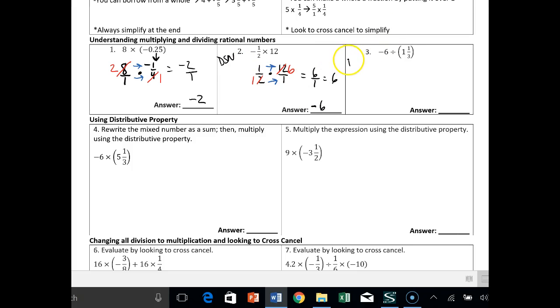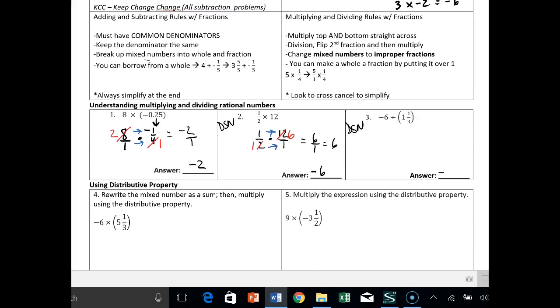So again, here I have different signs, negative, but I have a couple things going on. First, I have a negative, so I know my answer will be negative. But secondly, I have a mixed number here. If you go back up to your rules, what do you have to do with mixed numbers when you divide? Oh, you got to change them to improper fractions. So let's do that first. So 1 times 3 is 3, added to 1. This is really -6 divided by 4 over 3. Now what do I do when I'm dividing fractions? Oh, remember, I flip the second fraction and I multiply. So let's first make that a fraction by saying -6 over 1. So I have -6 over 1. Let's flip the second fraction